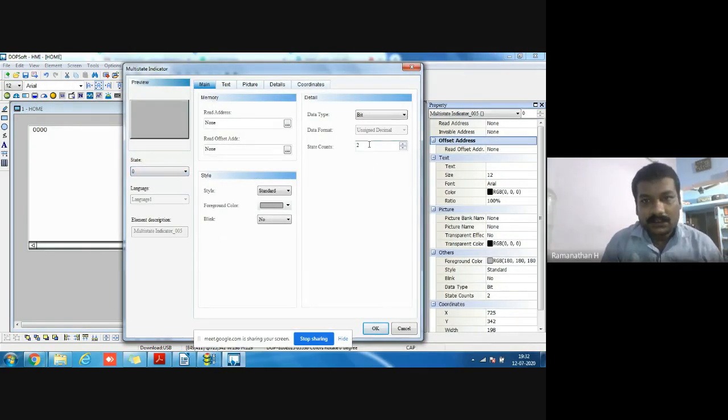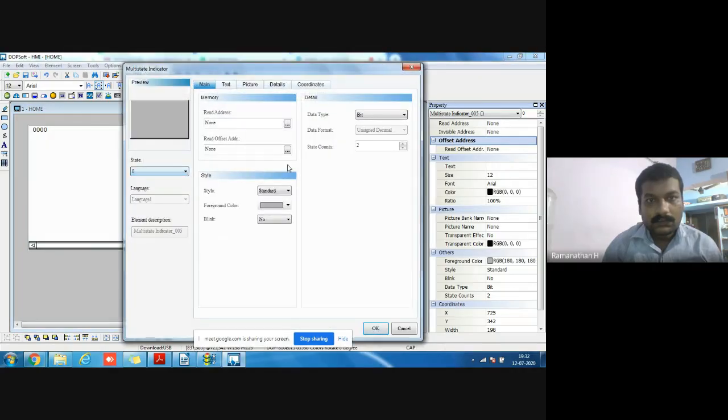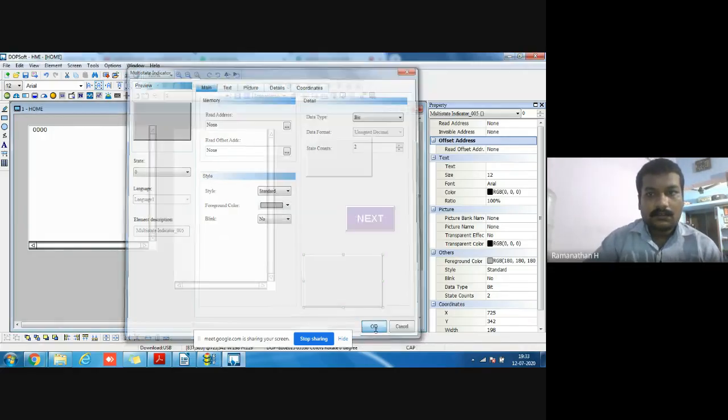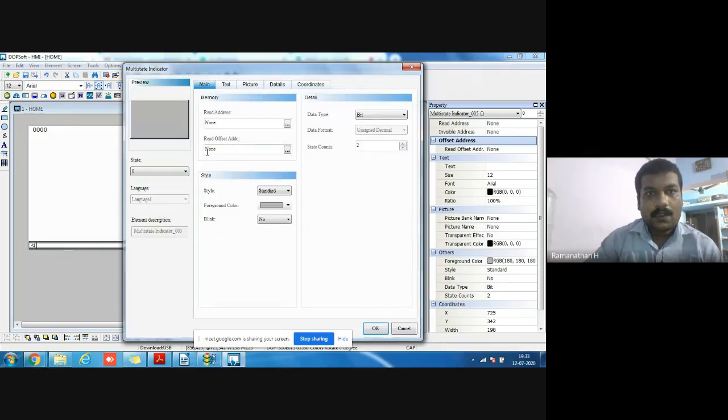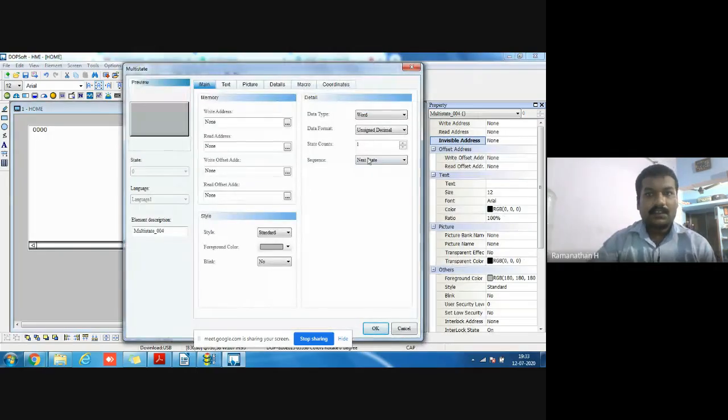If you want to change the state count, I increase the state count to 20, or to somewhat 5 or something. This is a multi-state indicator. It shows the in-between values.